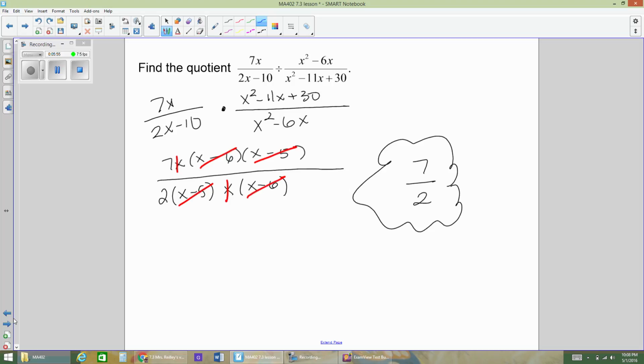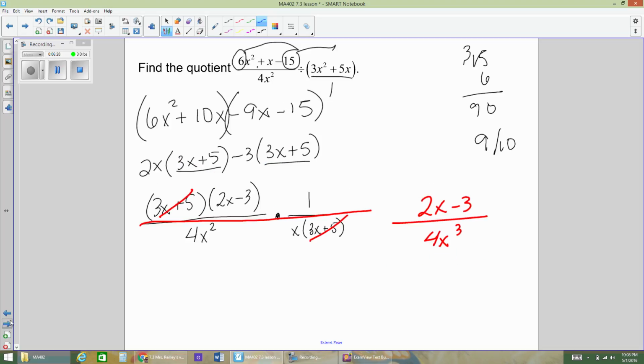Same goes with dividing. So with the dividing, they're saying, hey, look at your original problem and decide what you're not allowed to be. So you've got this x minus 5, this x, and this x minus 6. So that means x is not allowed to be +5, 0, or +6. Last one for us. Look along the way. What did we have in the denominator? We have the x is not allowed to be 0. Again, it's not allowed to be 0. And it's not allowed to be